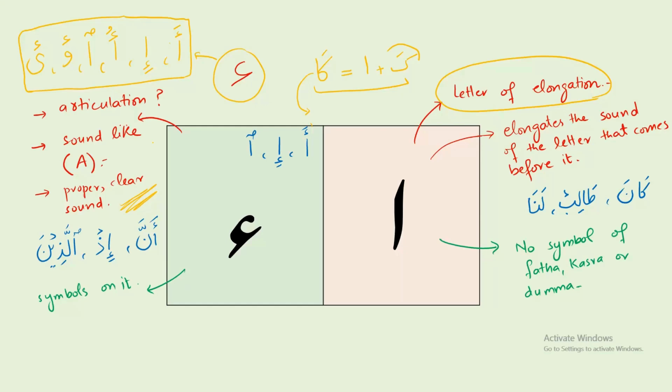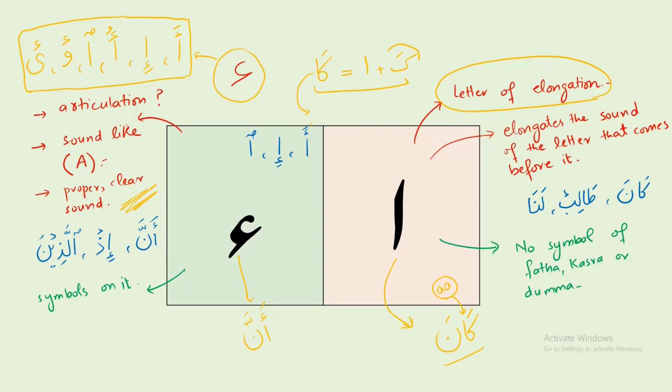Let me just give you an example, here with this ka. So here we have alif, kana in the middle, right? Kana, ka, a. Just hear the a sound I'm making in between. Ka, kana, kana. So that a sound that comes in the middle for just a short period of time, just for a second, is actually the alif. And if we just take the example of this hamza here, let me just write the example one more time, which is